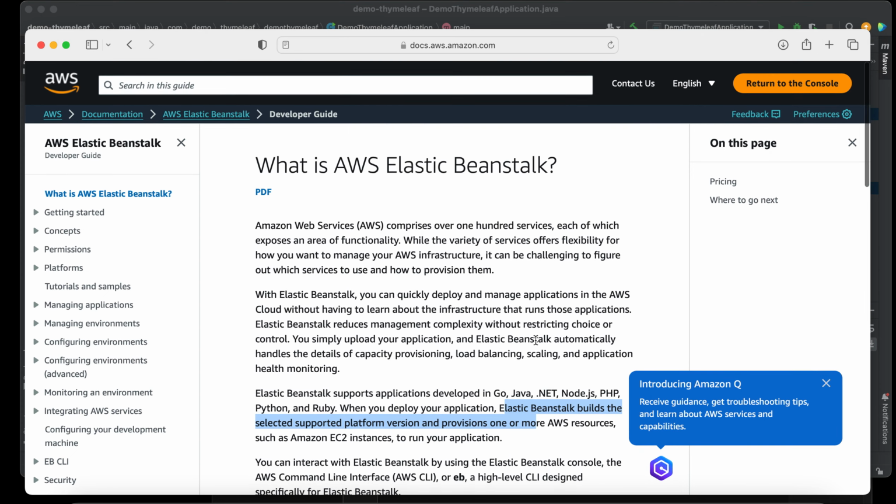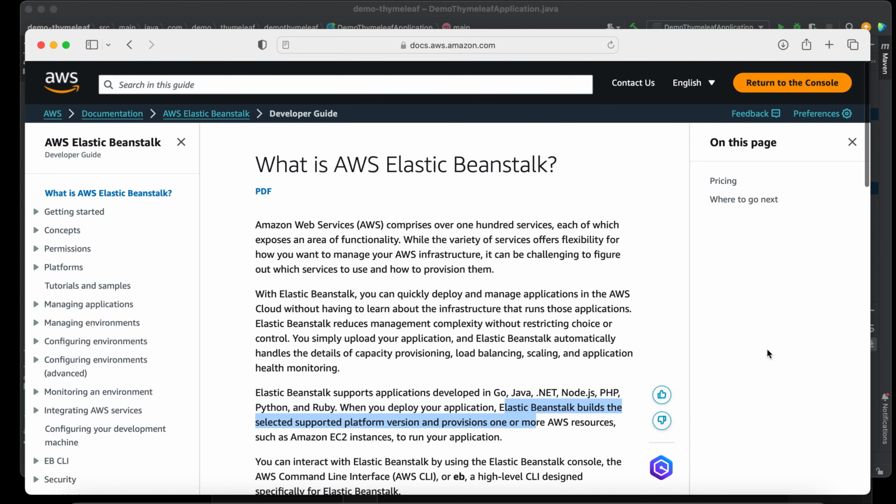Alright, so basically, in a nutshell, we can use this AWS Elastic Beanstalk to deploy our application, web application, or even our batch jobs. So if we want to deploy it and access our application via internet without worrying about the hardware or the application server, all this infrastructure stuff, we can use this AWS Elastic Beanstalk.